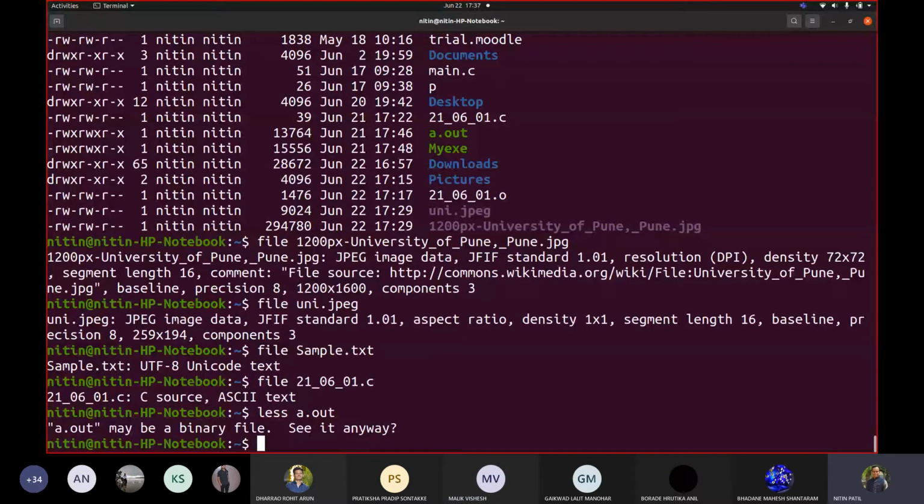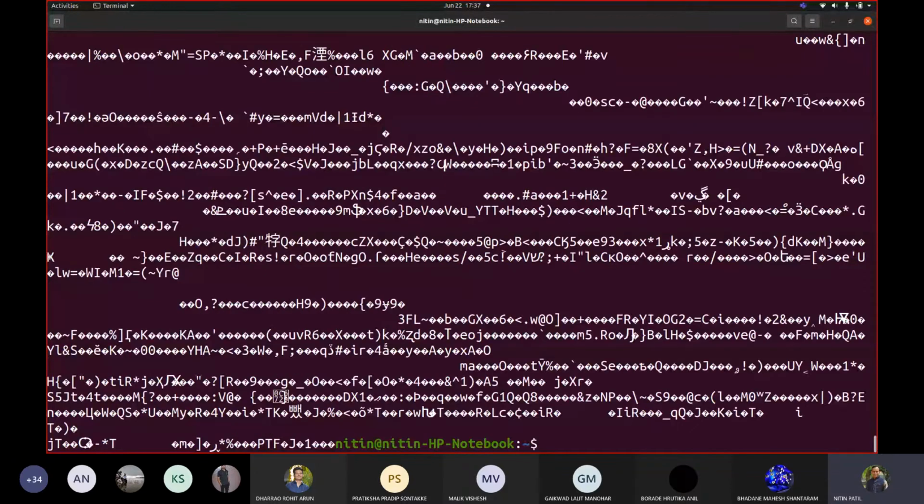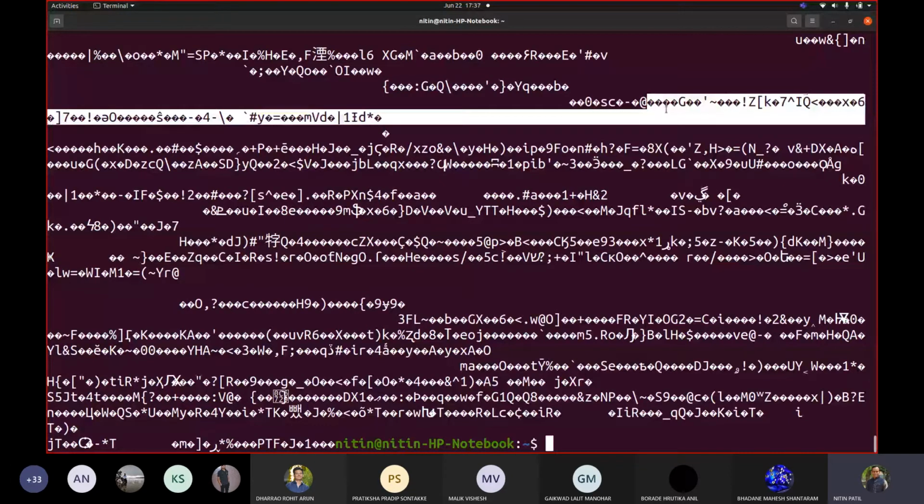For example, if I write cat uni.jpg, see how the image is displayed. It tried reading the content, but it is some characters which I cannot read, and even you cannot read. If you read it, I will give you one crore rupees now. It would be difficult because one can't read whatever characters are displayed, because it is in an encoded form. ASCII characters are there.